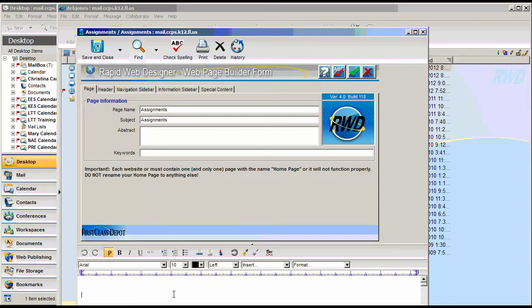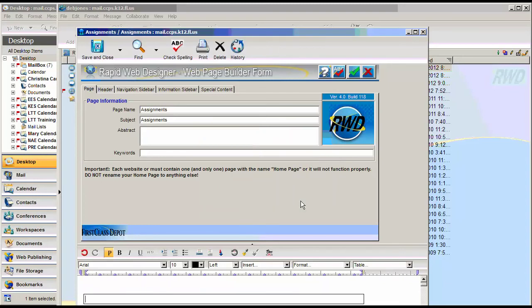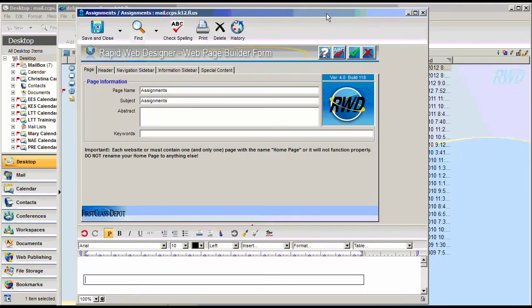Or if I'd like it organized in a table, again, I would insert a table. Now, I always use tables, even if it's a table that only has one cell in it. I always do that. So what I'm going to do right now is just show you how to make a table. This one's going to have one row, and it's going to have only one column, and I am going to make it left aligned, and then the width is always 85, and I'm going to click OK, because I want to show you how easy it is to add rows to it. So this is the first assignment